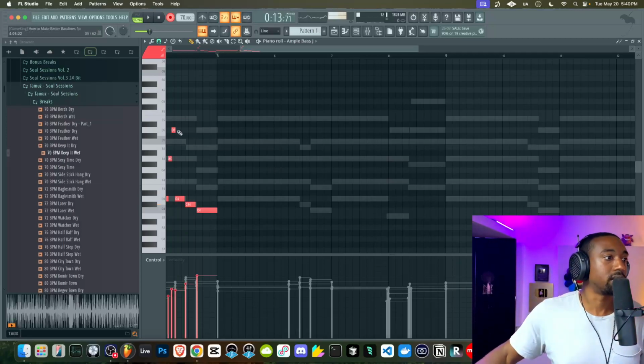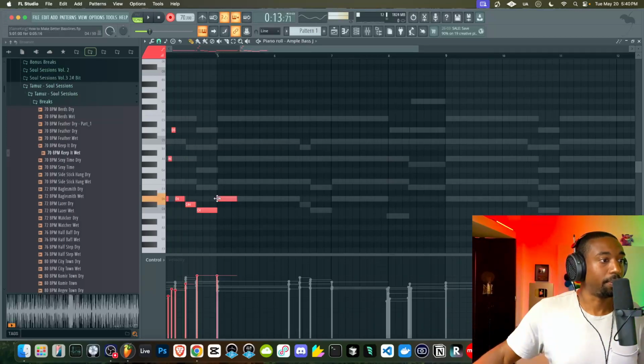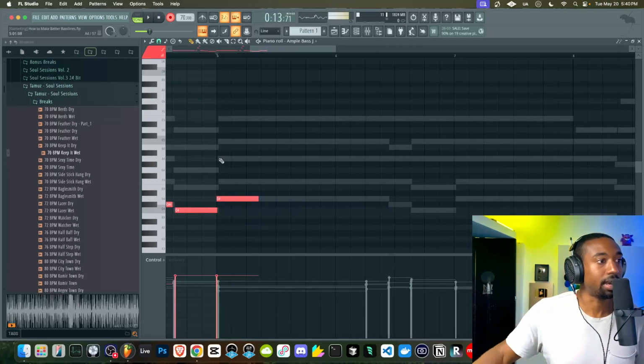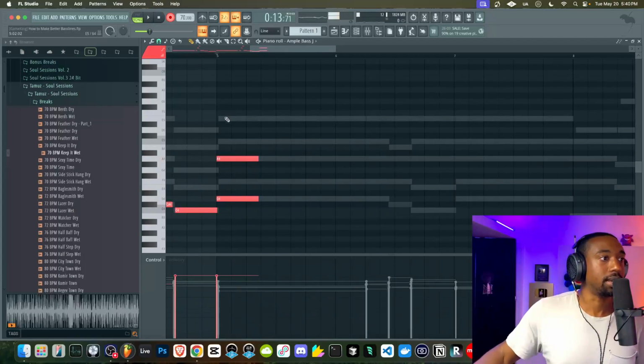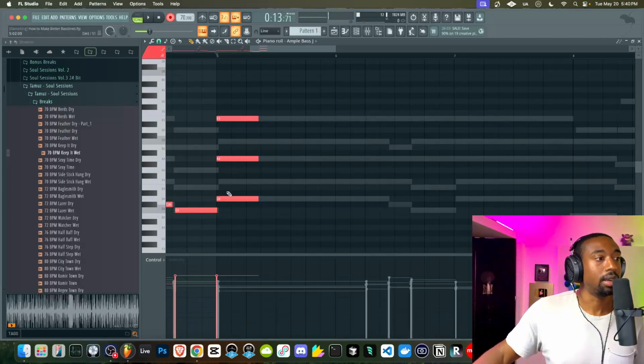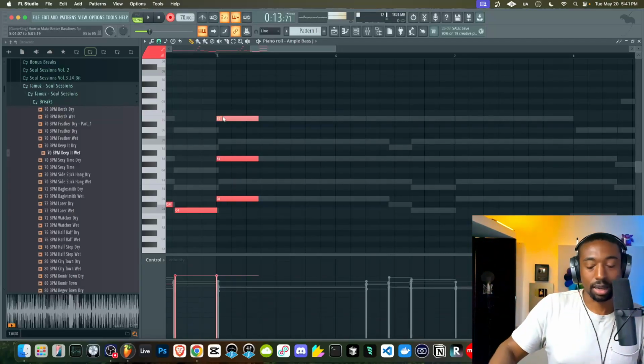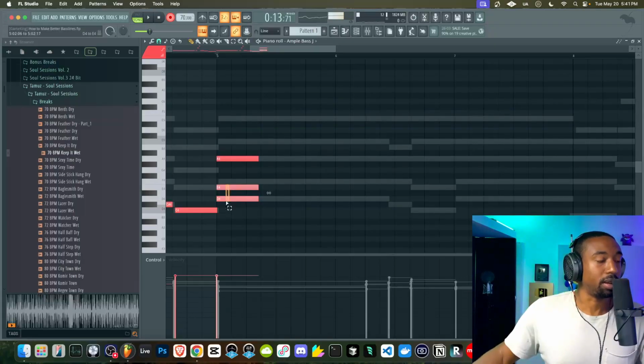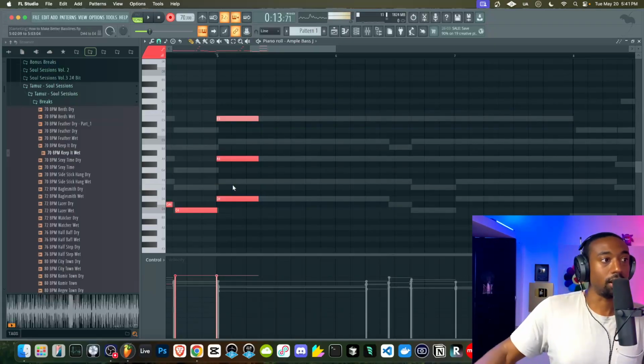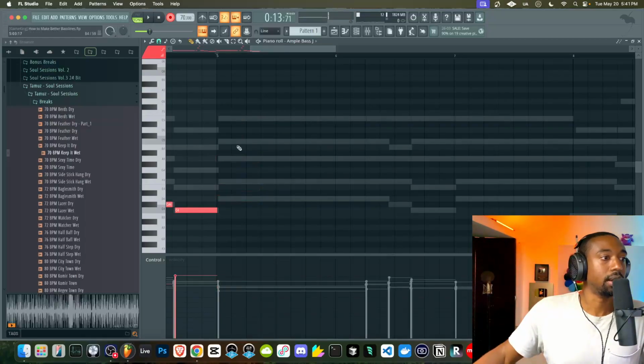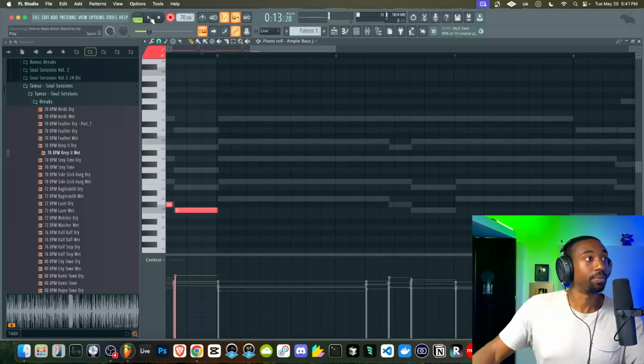The reason this works is because when you go from D to A, I'll just give you guys the theory real quick. D to A is a perfect fifth. That's 7 notes away. And if you keep counting in 7 notes, you're going to get to E. So E is the fifth of A. Now, if you just play this E down an octave, you actually get a whole step in difference. So really, it's just playing another fifth. You're just playing it down an octave. So it's all about the fifths with the bass that I found.